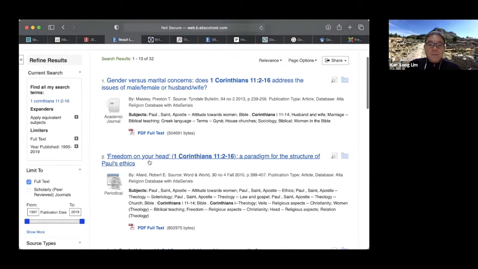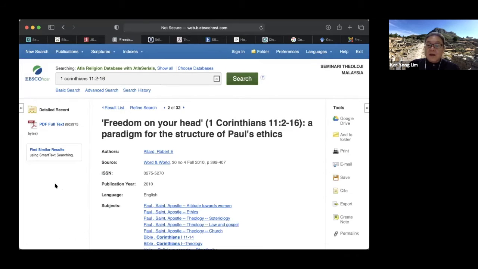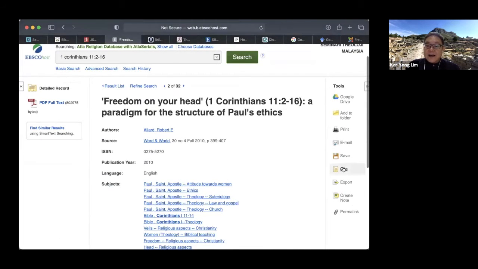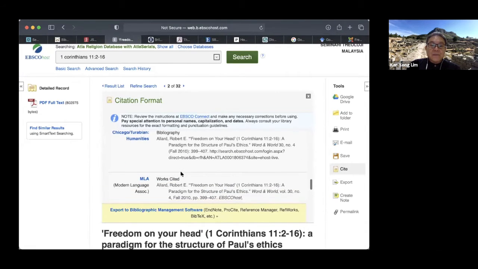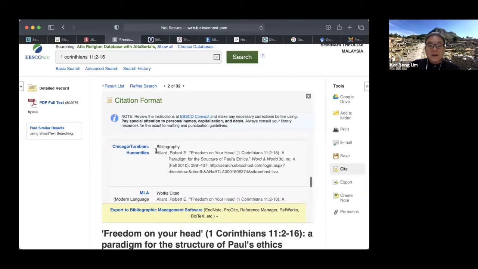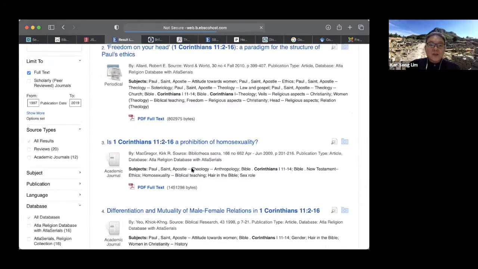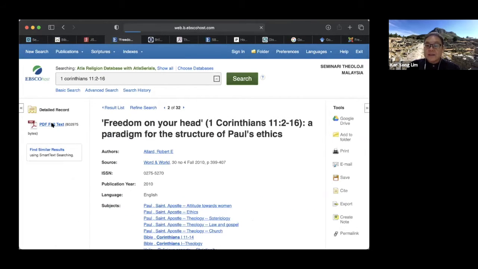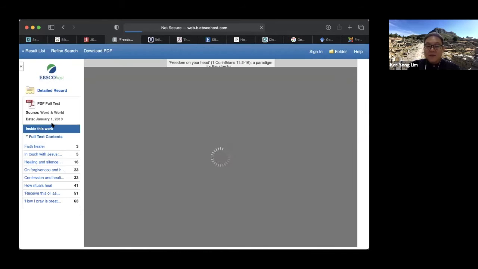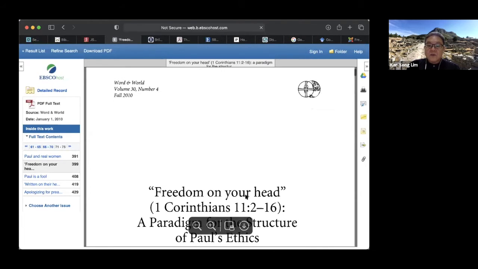So let's say you want to look at this particular essay, you can click on it. All right. So again, you can cite, right? You can cite, and then you just choose the method that we use, which is Chicago Turabian. You can just copy and then paste into your Word document. That will do already. Okay, and then another way is, if you want to download this particular essay, you just download full text. That's it. Then you can download it into your folder, into your device,